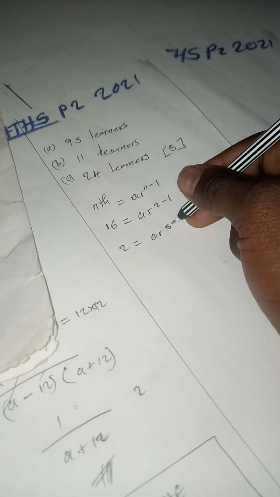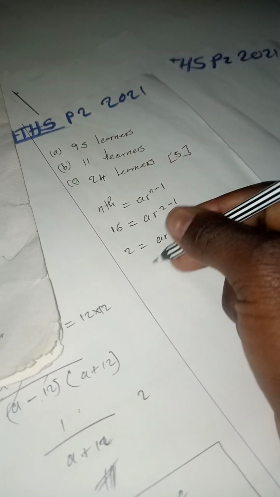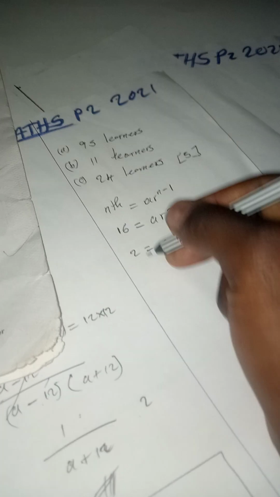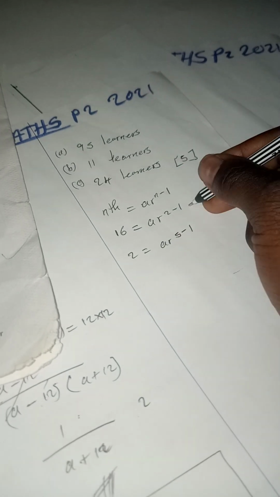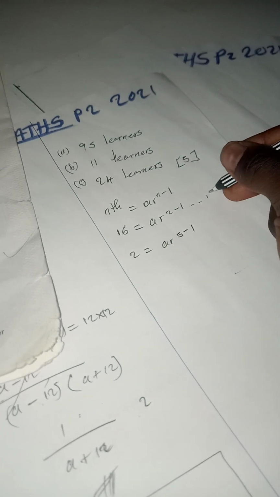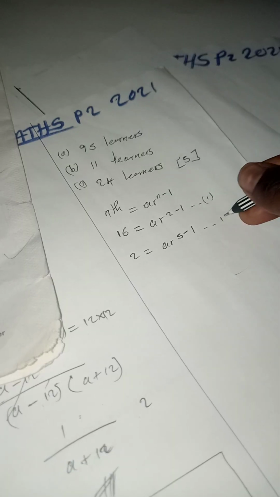Then we are saying that for the fifth, we have got 2 is equal to a fifth, which is okay. So having done so, let us start with, so we are going to name this as equation 1, then